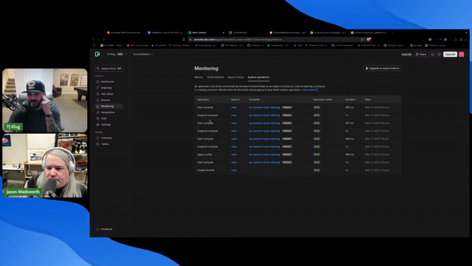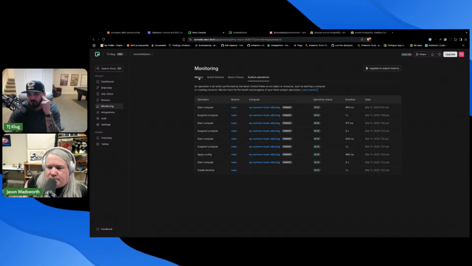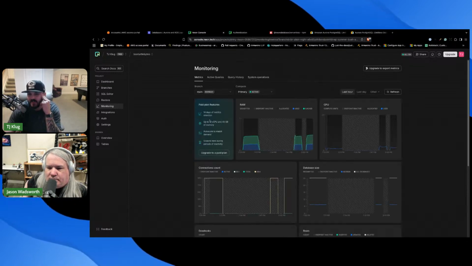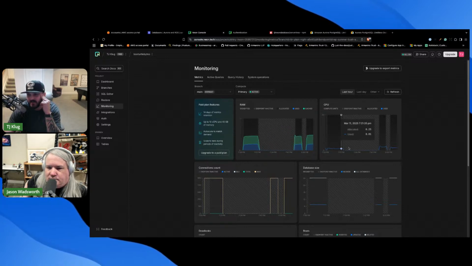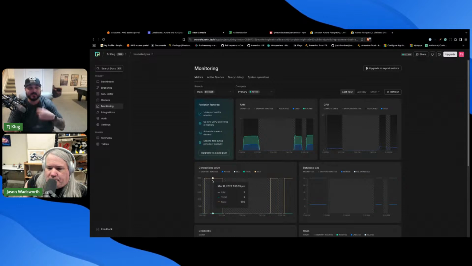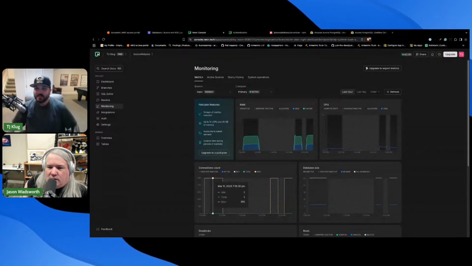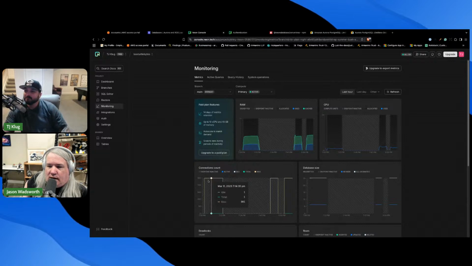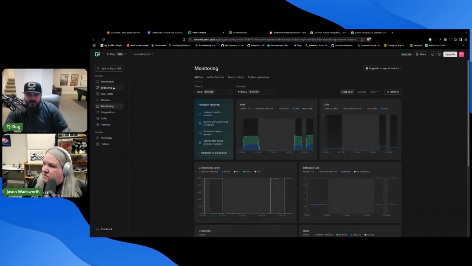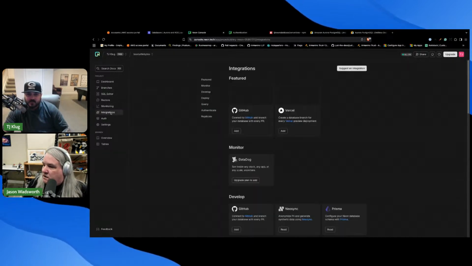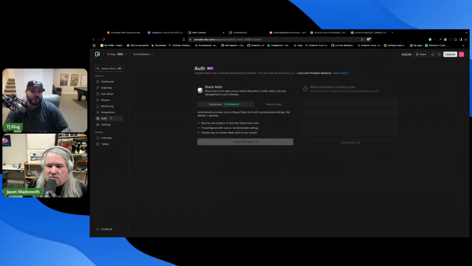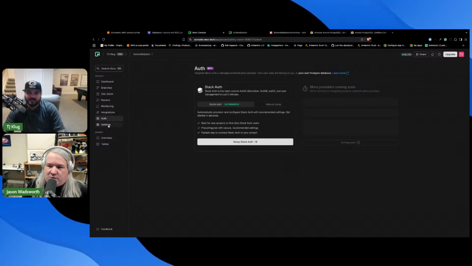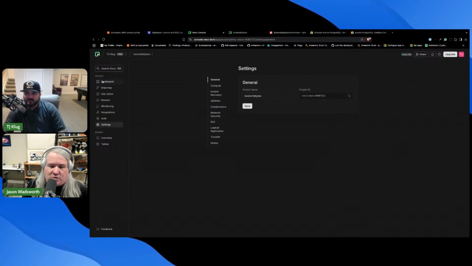Yep. The start and suspend, and the metrics are pretty cool, to see what the RAM is and the CPU. I would definitely consider this for anything where I need a transactional type database. Yeah, I think it's not even the transaction part of it. I think at a certain scale, or you don't know the pattern. Exactly. If you don't know the patterns, or you want some kind of search